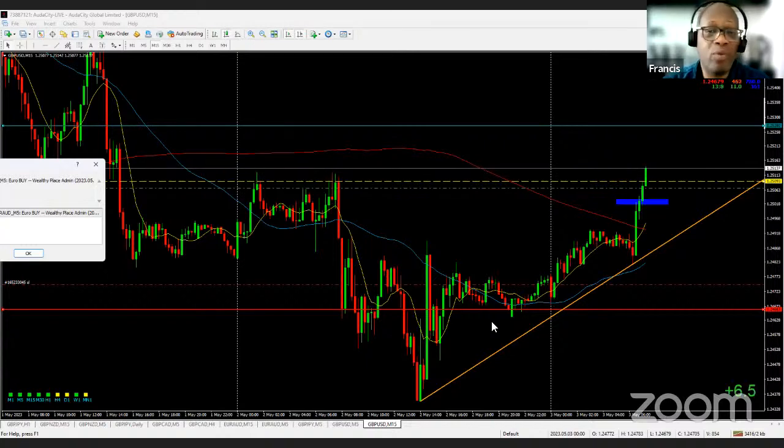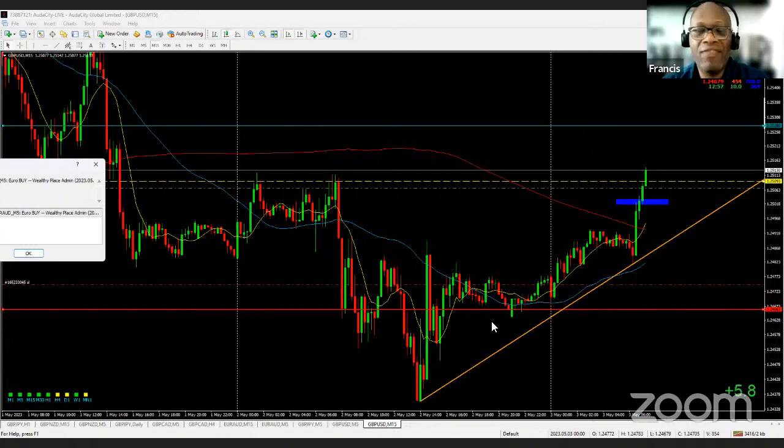Most of them will give you a maximum drawdown of 10%, which means if you lose 10%, you've lost that account. So if you were to go for a $15,000 account, your 10% will come to